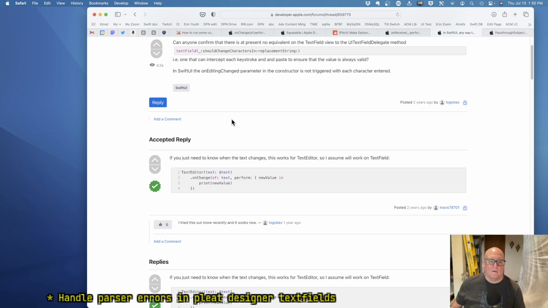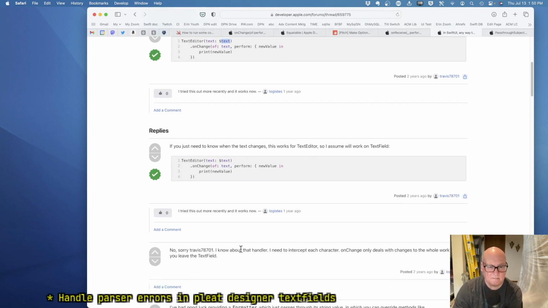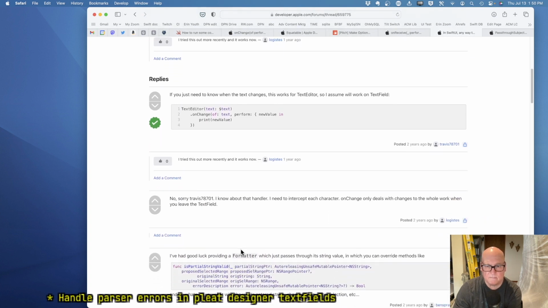Change of text. Perform. Well, I think we were getting killed because of the optional stuff. Change only deals with it when you leave the text field.